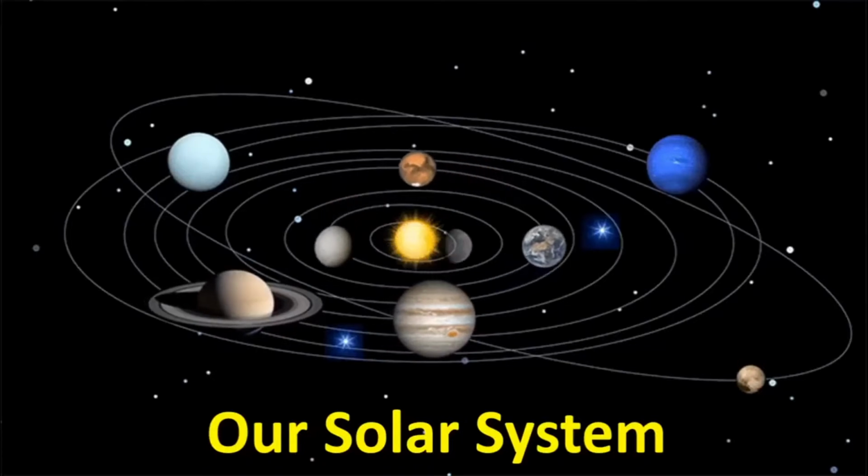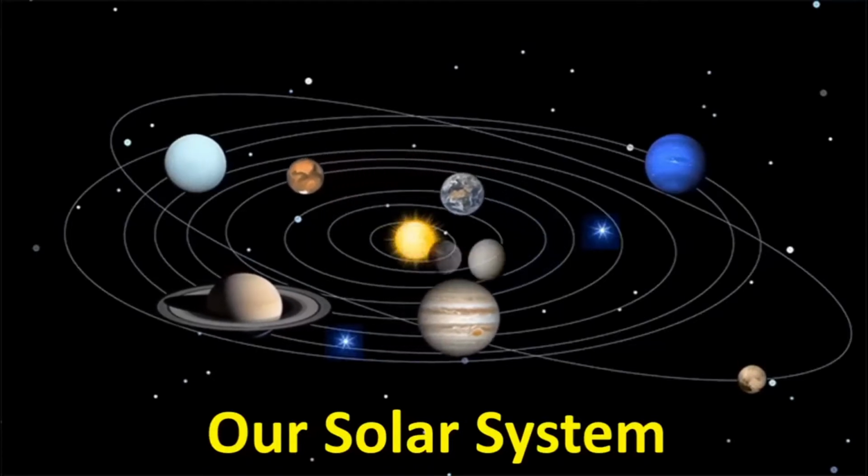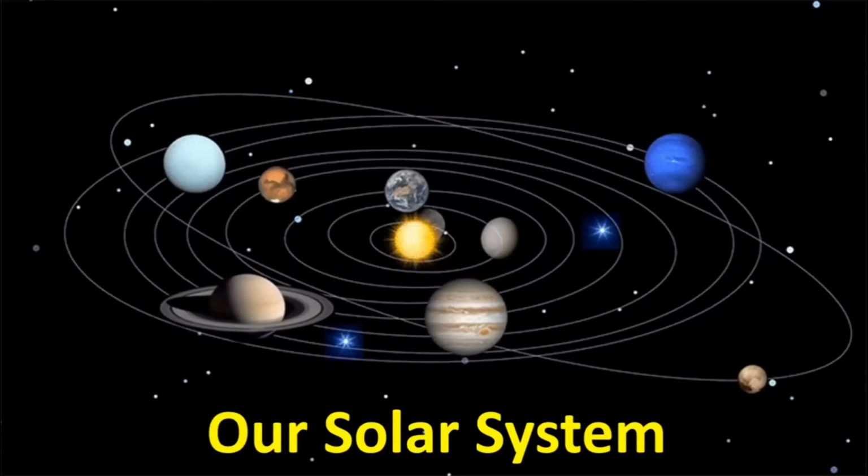So see here, this is our solar system. There is the sun which is shining bright in the middle of the solar system. See here, you can see the arrow, this is the sun. Okay, and here is our planet, the earth, and then we have all these other planets, Jupiter, Mercury, Venus, Uranus, Saturn. So we have so many other planets also, 7 other planets, and then we have the Earth. You can also see many other dots here.